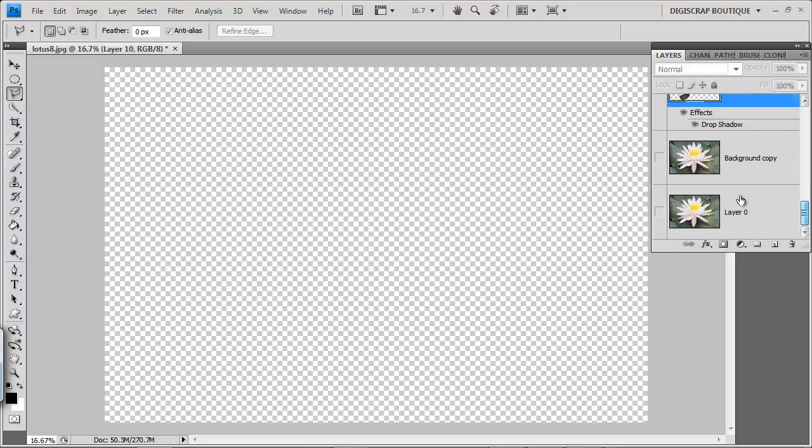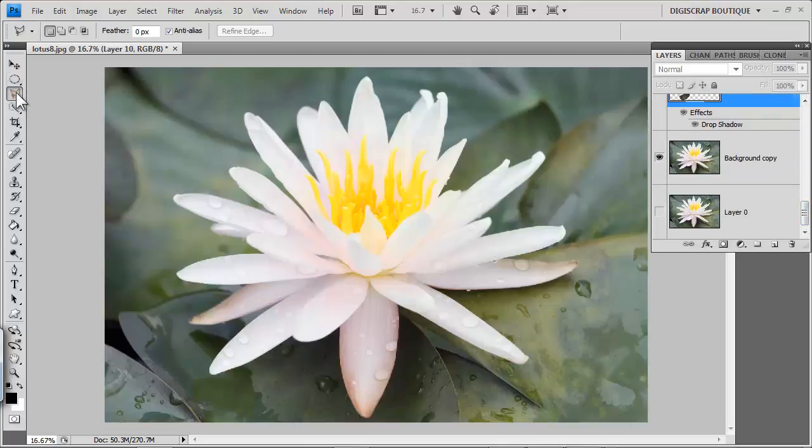Next up is the Magnetic Lasso. The Magnetic Lasso is also a very handy tool. And how it works is it will basically help to separate images from the background. It works off of contrast. So as you can see, as I'm going around this image, it is basically clinging to the white area. And sometimes you need to tell it where to go. If it happens to mess up,